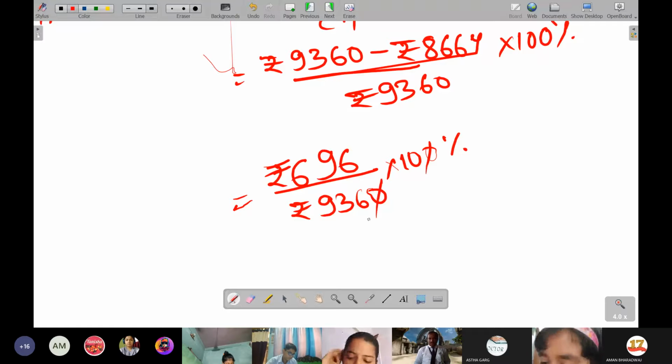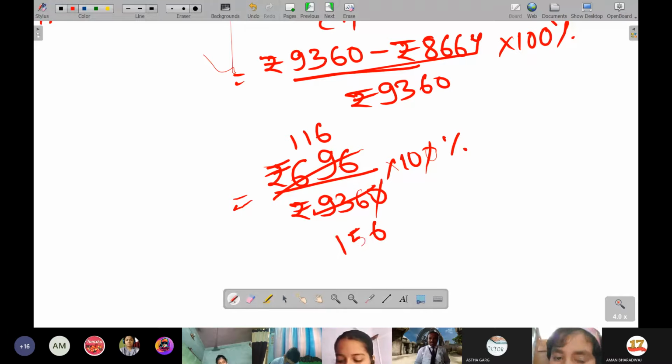So 1010 got cancelled. If you will see, I think both will be cancelled with 6. Is it 6? 1 just 6. Then after 33, yes, it will go. So here 6 1 just 6. 6 1 just 6 and 6 6 is 36. And here 6 1 just 6, 6 5 is 30 and 6 6 is 36.